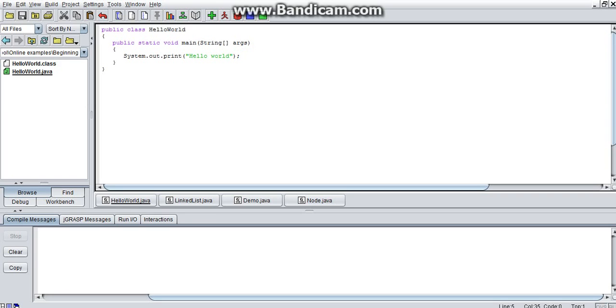Hey guys, welcome back. So we're here in the fourth video, and like I said before, we're going to be looking at the two different variations of this system.out.print statement. We're also going to look at what escape characters do for us. So first things first, we need to actually look in a little bit more detail as to what the system.out.print